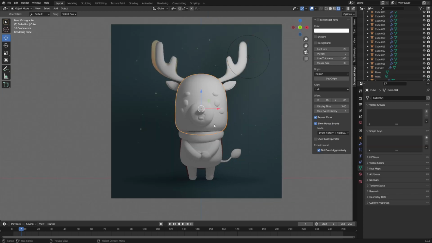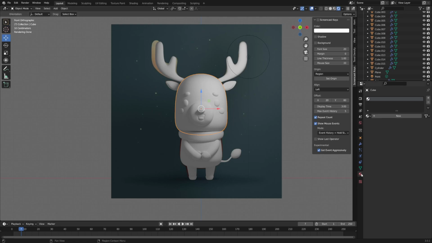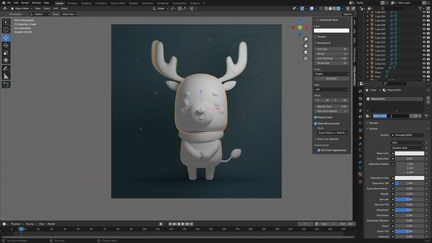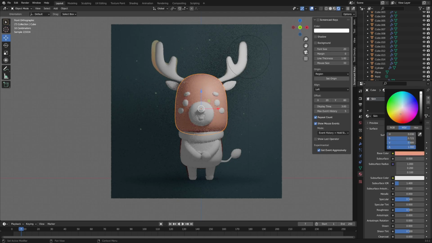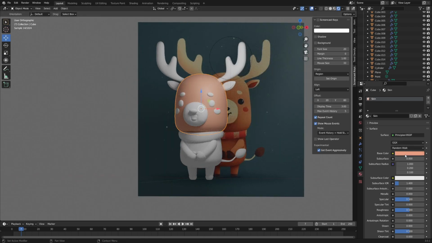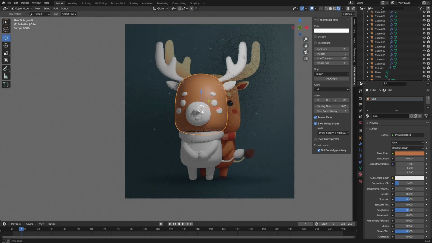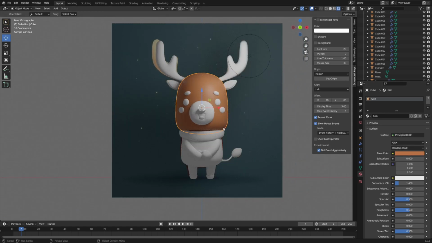Then let's set the material for the character. To do this, we will select the object, go to the Materials tab, create a new material and name it Skin. Let's choose a matching color for us. Like this. In order to assign this same material to other objects,